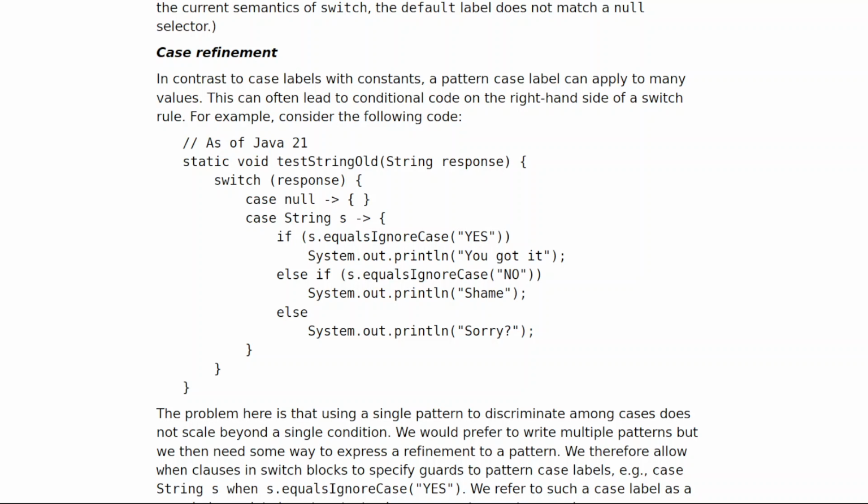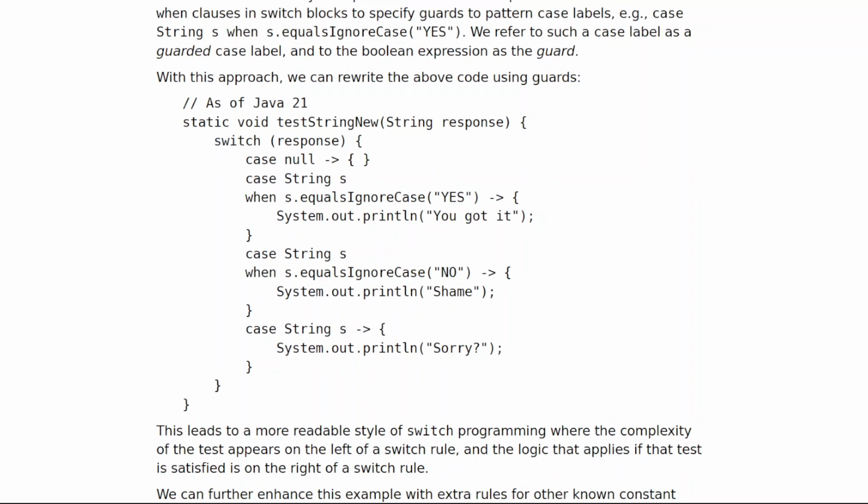// as of Java 21. static void testStringNew(String response) { switch (response) { case null -> { } case String s when s.equalsIgnoreCase("YES") -> System.out.println("You got it"); case String s when s.equalsIgnoreCase("NO") -> System.out.println("Shame"); case String s -> System.out.println("Sorry"); } }